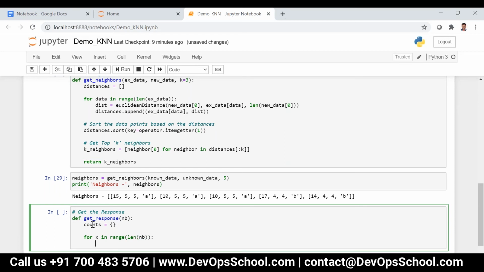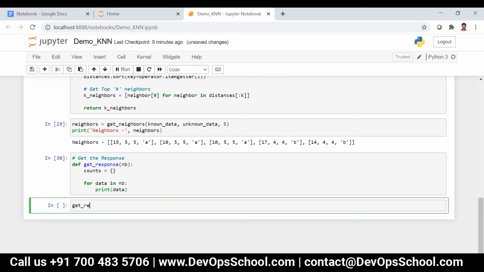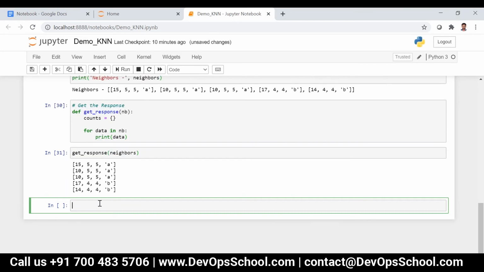Or else it's not required, we can just say for data in neighbors or NB, and then just print data here. Let's execute step by step. So let's say get_response of neighbors. Now you can see it is printing one by one.